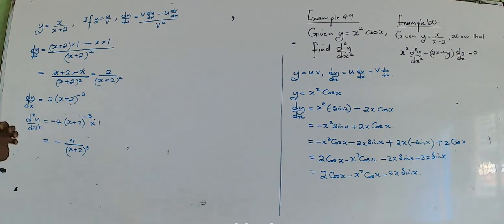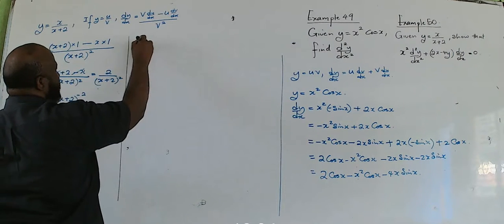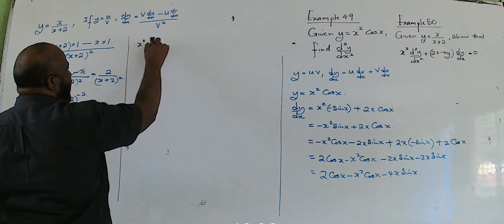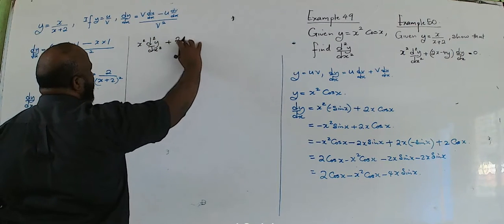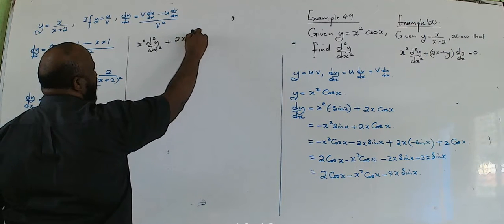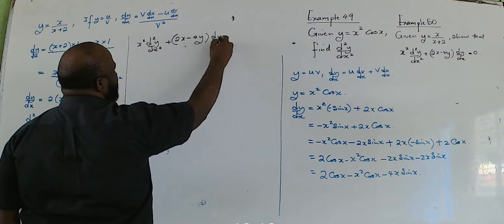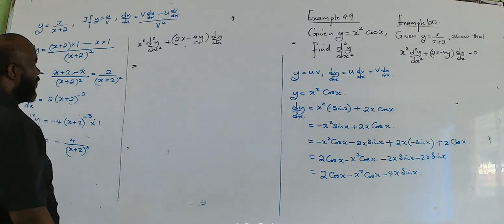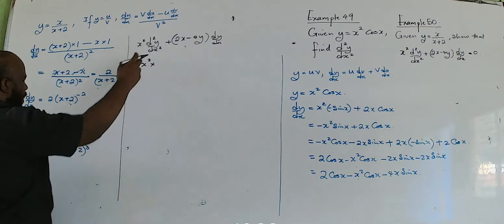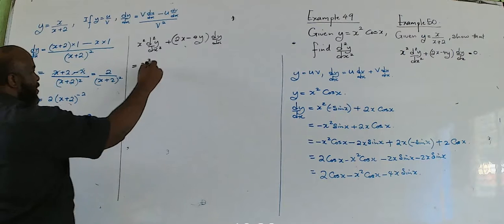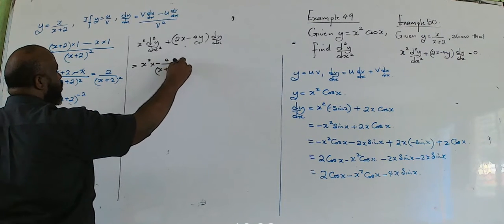So, next, let us see what x squared d2y by dx squared plus 2 into, 2x minus 4y times dy by dx is equal to. First of all, let's just put x squared. So this is x squared times d2y by dx squared, which is here. So that is minus 4 over x plus 2 cube plus